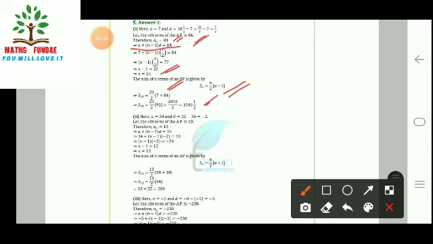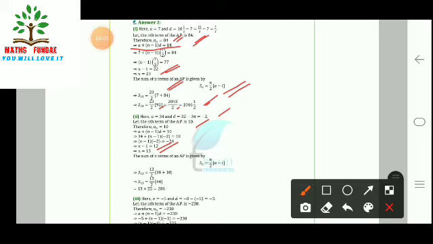In the second part, a is given to us, d is given to us, that is 32 minus 34, which is minus 2, and the nth term is 10 here, so we have to find an is equal to 10. So we have a plus (n minus 1) d is equal to 10, that is 34 plus (n minus 1) into d is equal to 10. On solving this, we have n is equal to 13 as the answer.